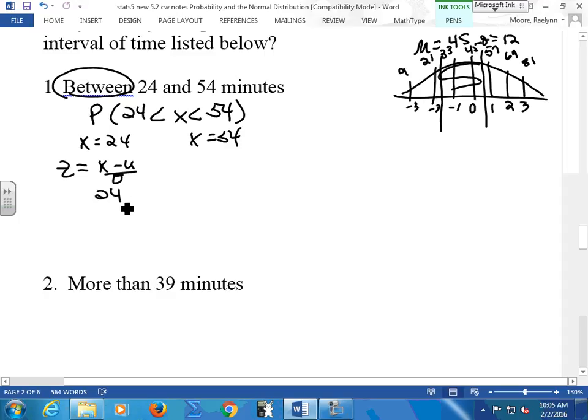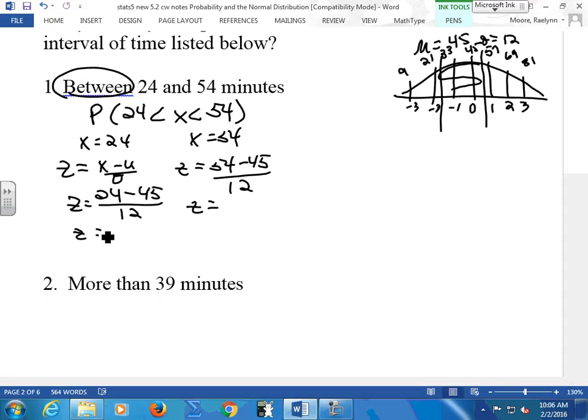24 says my z-score has to be negative, and I'm subtracting the smaller minus the larger. It is negative. I do the z-score for 54. Well, 54 says it's positive, and I subtract the larger minus the smaller. So even if you forget which way to go, your graph is going to tell you. Because if it's negative, subtract it so you get a negative. If it's positive, subtract it so you get a positive. So I get negative 1.75